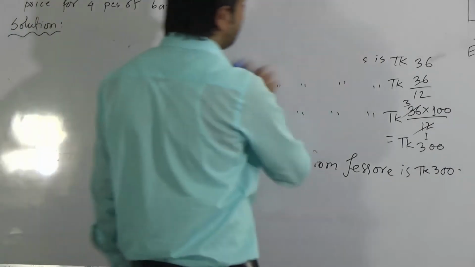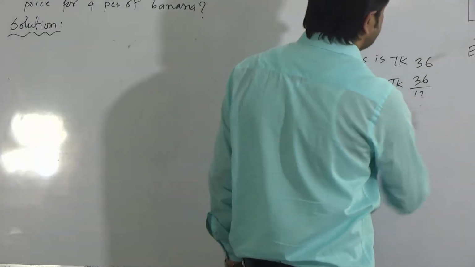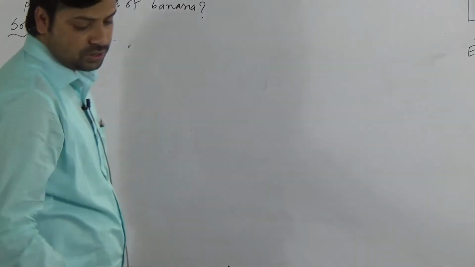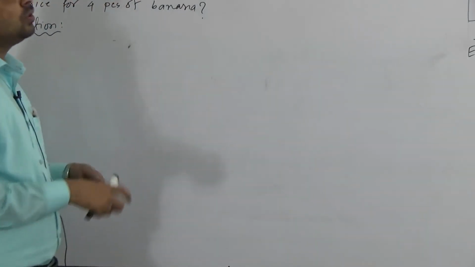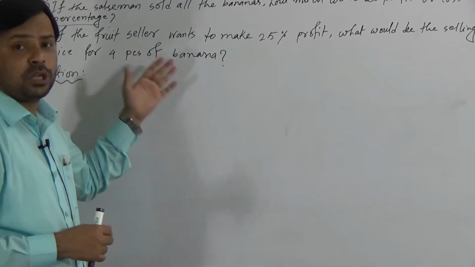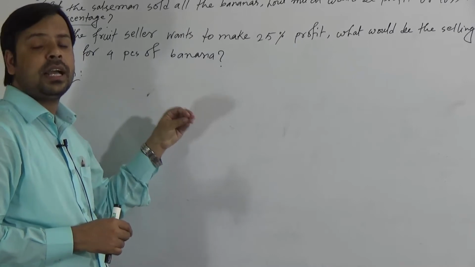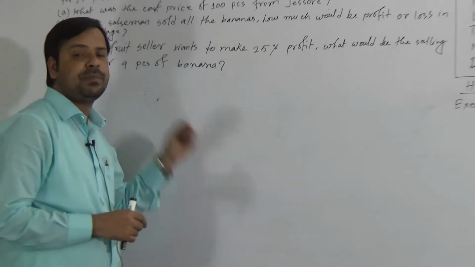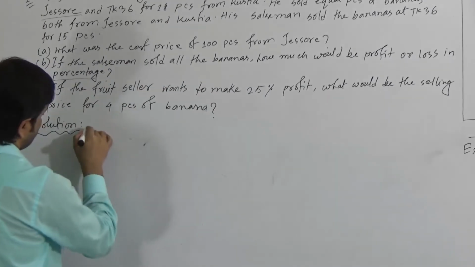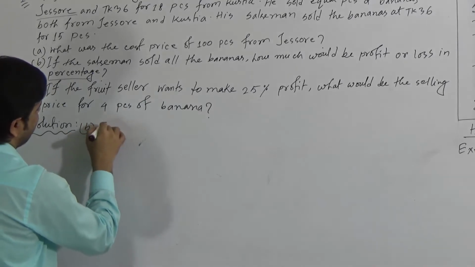To determine the profit or loss in percentage, at first we have to determine whether profit or loss will occur. To know that, at first we will determine the selling price and cost price of the same number of bananas. So we can write here, solution of B. From Josur,